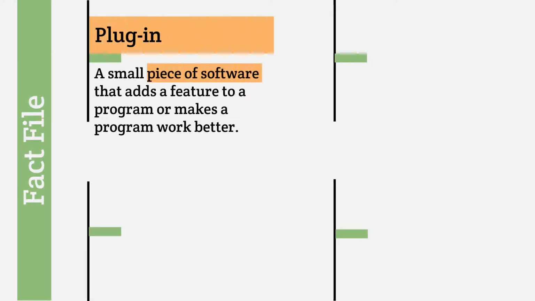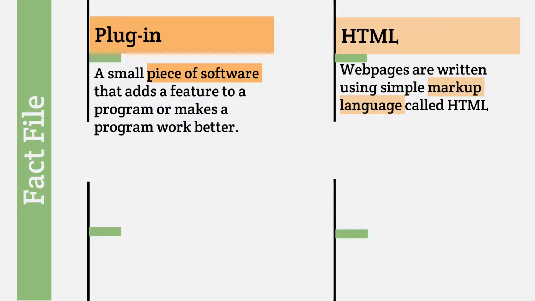Now the fact file. What are the various important terms or names that we are supposed to learn? One, what is plugin? Plugin is a small piece of software. We had just read the term about plugin, like we need the plugins to watch the videos online. What is plugin? It is a small piece of software that adds a feature to a program or makes the program work better. HTML. All the web pages which are available on World Wide Web are written by using the